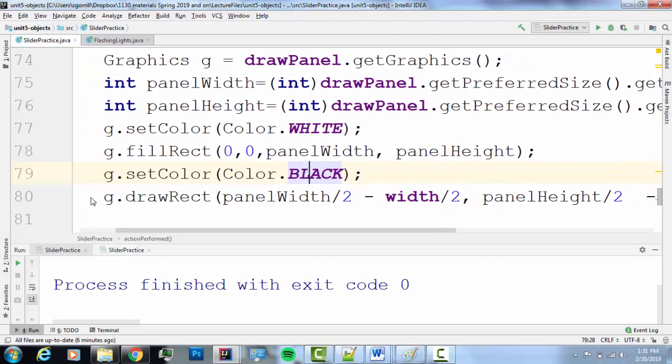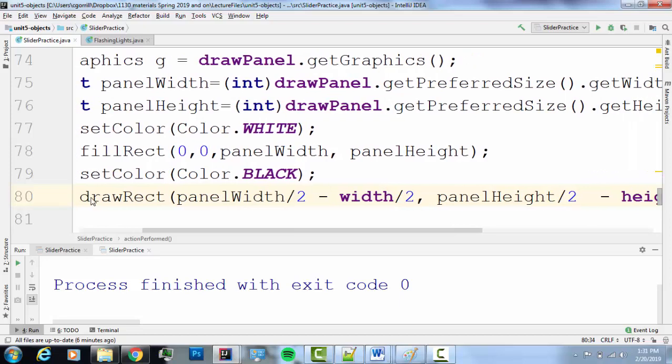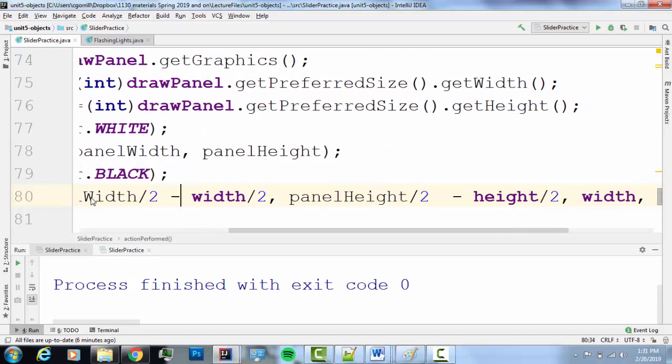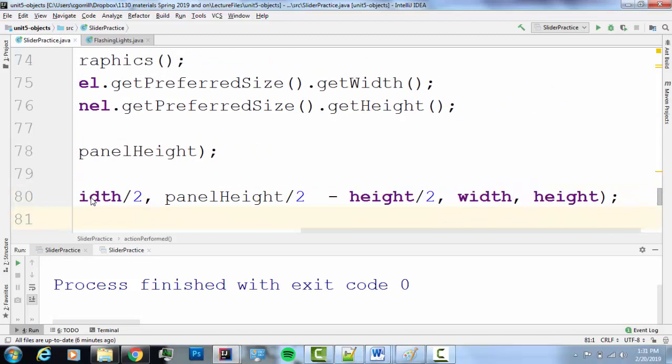What I'm going to do here is get the panel width and panel height, divide it by 2, and then subtract the width divided by 2 from it. And that's going to give us a rectangle that will be dead center on the panel,